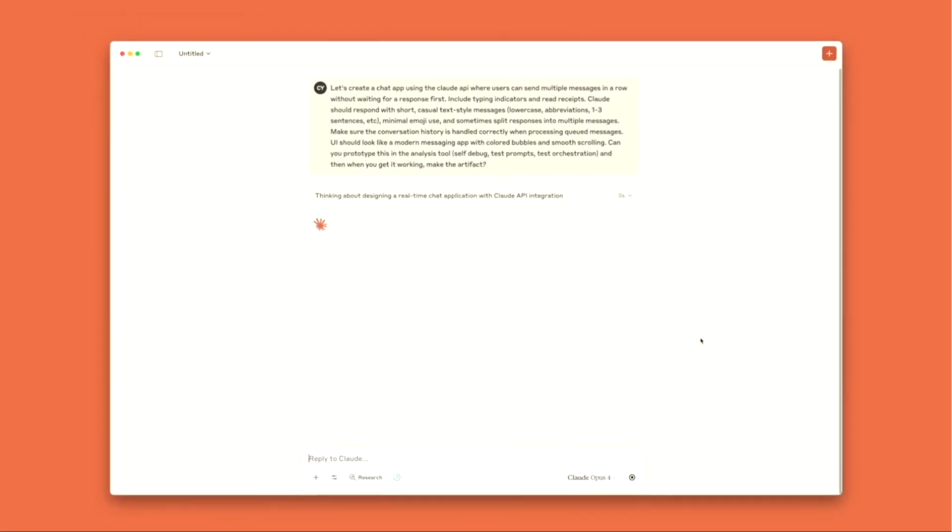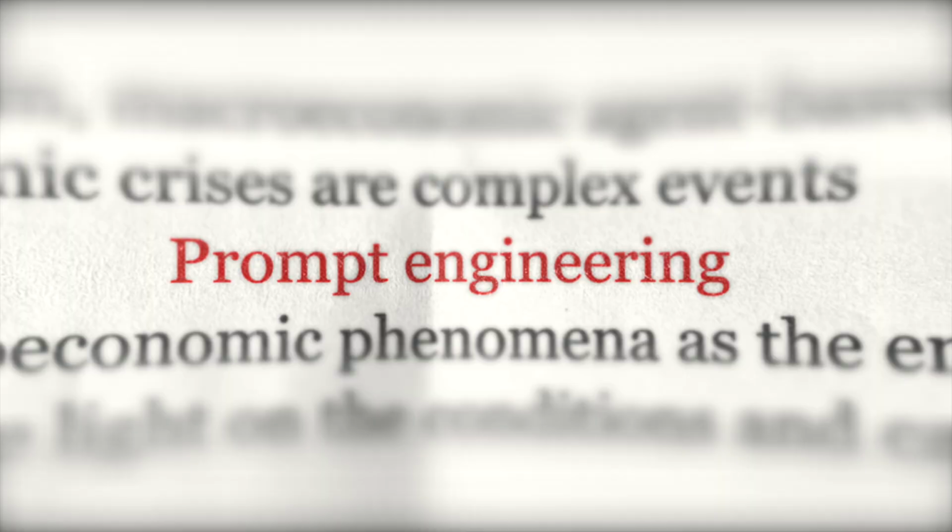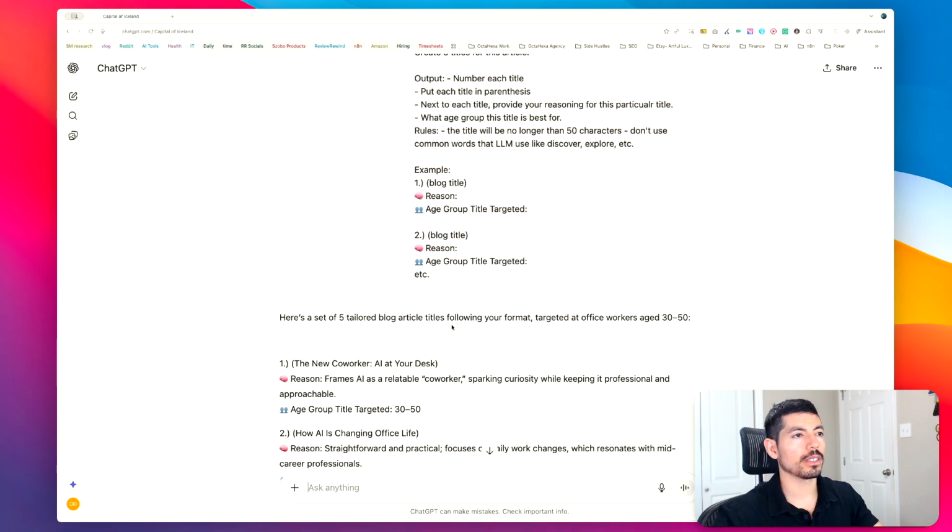So there's one thing that you need to know when using large language models, whether that's ChatGPT, Claude, Gemini, or any large language model, and that is prompting. If you don't know how to prompt, then you are never going to get the results that you want with large language models. In this video, you're going to learn the basics of prompting so you can get consistent and